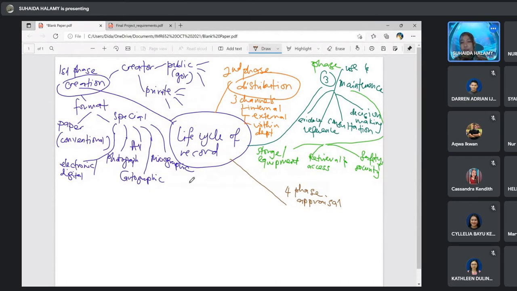Okay, alright. Appraisal actually is a process to determine the value of the record.